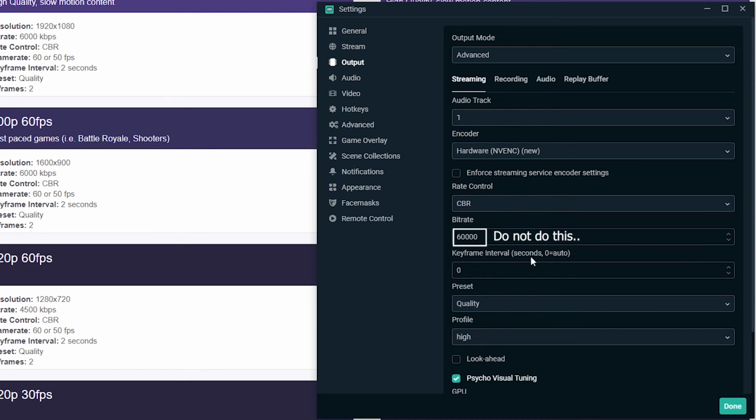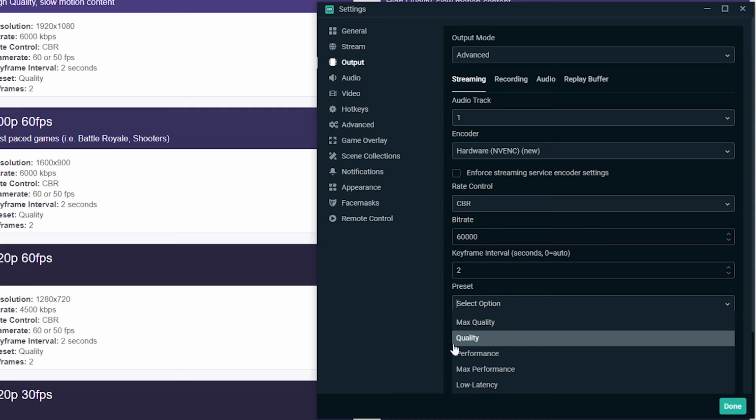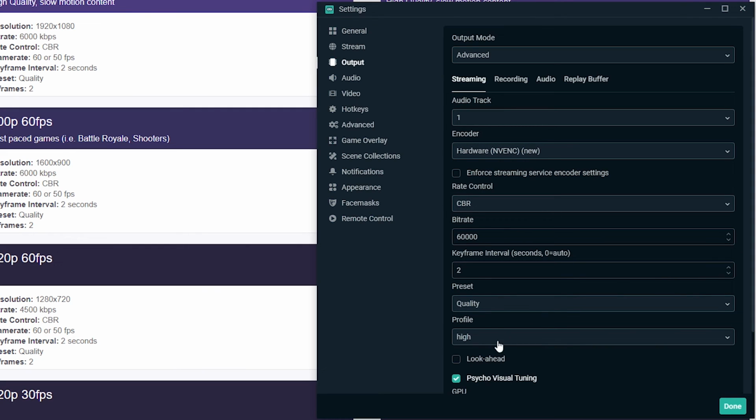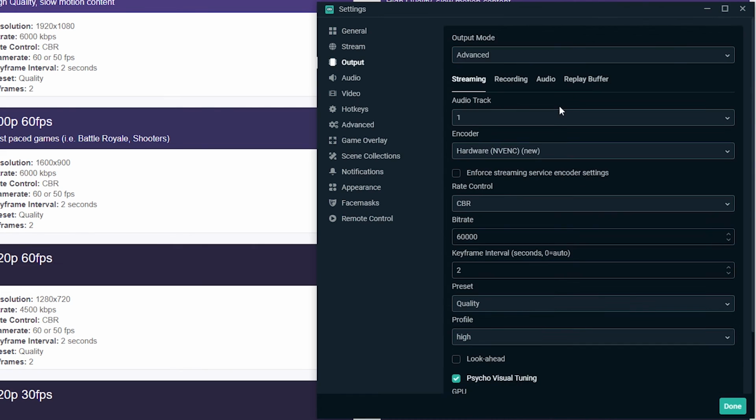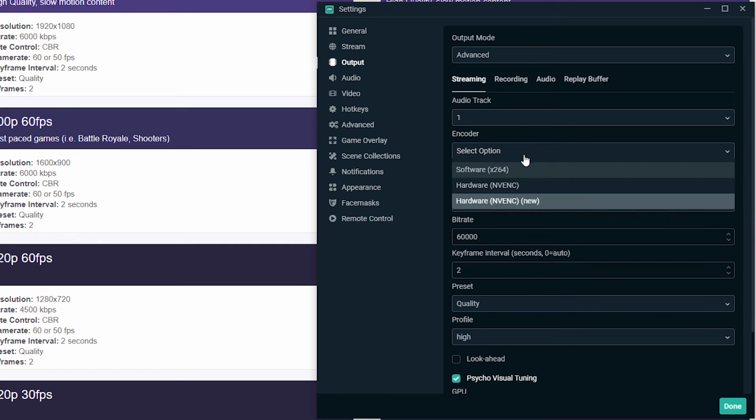Then the next one, the keyframe interval, you should set this to 2. Then the preset, you should set it to quality, the profile to high. You should disable look ahead, enable psycho-visual tuning, leave the GPU at 0 and set your max B frames to 2. Now, if you don't have an NVIDIA graphics card and hardware NVENC isn't available for you, you can select